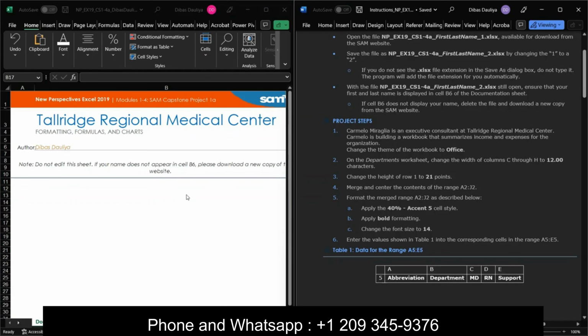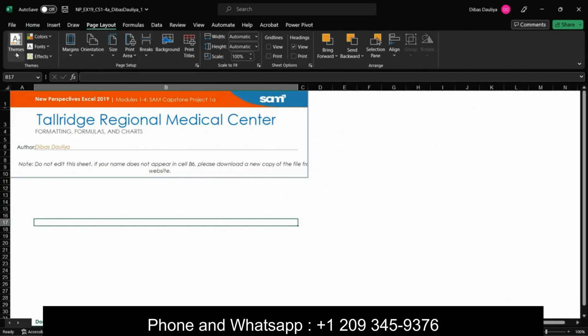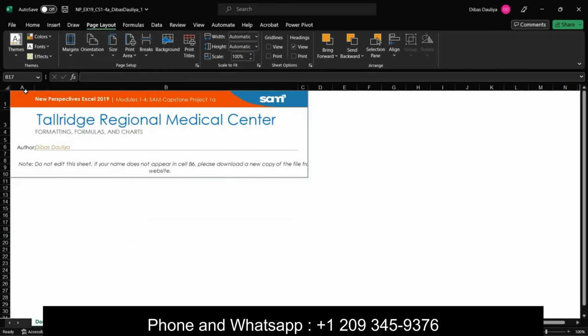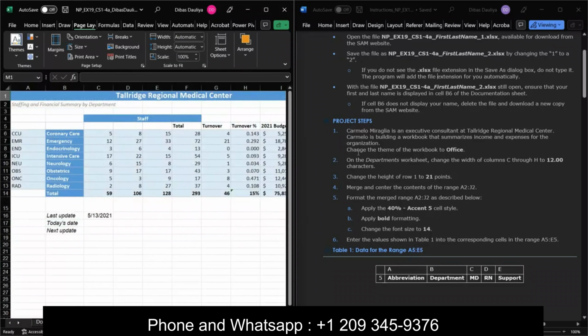So this is Capstone project 1A, and step 1 is saying change the theme of the workbook to Office. For that, go to the Page Layout tab, and here's the Themes drop-down, and then select Office. After that, switch to the Departments worksheet and change the width of columns C through H